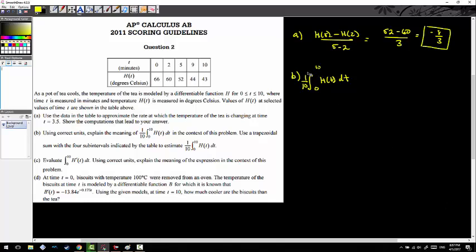The integral from 0 to 10 of h of t dt represents the total temperature accumulated over the interval, like what the temperature was from 0 to 10, and these are the selected values. But if I throw this 1/10 on the outside, the 1/10 represents the average temperature, right? So that's all I have to really write, is that the 1/10 times that integral represents